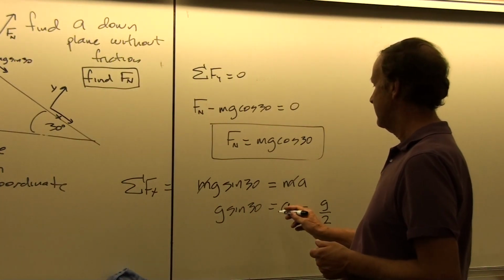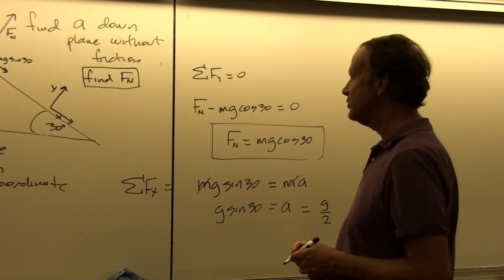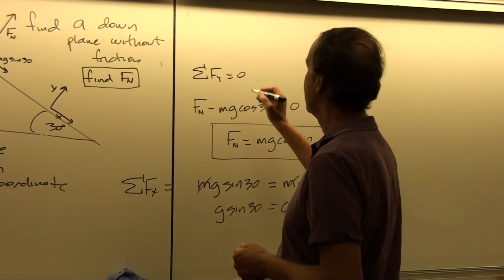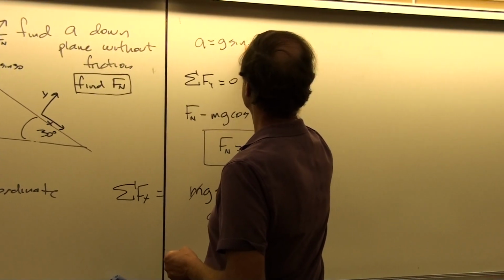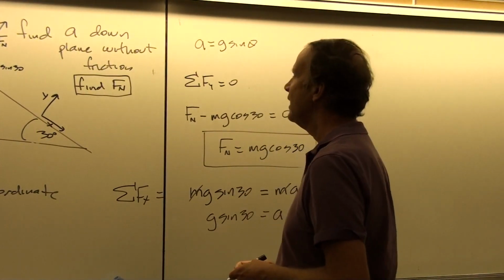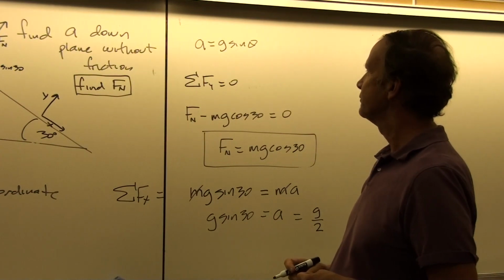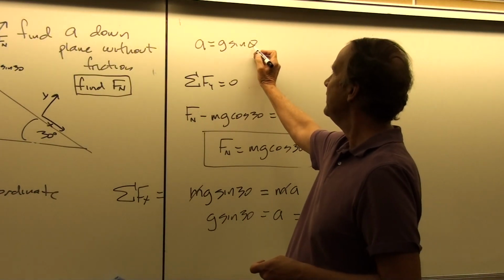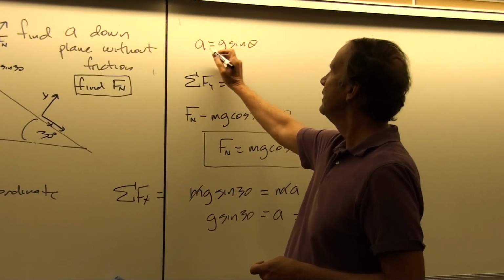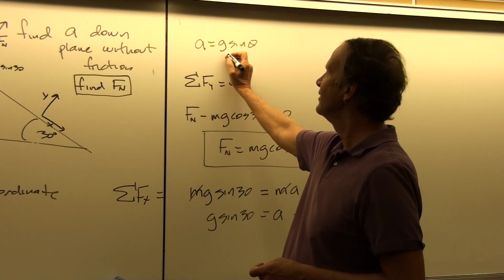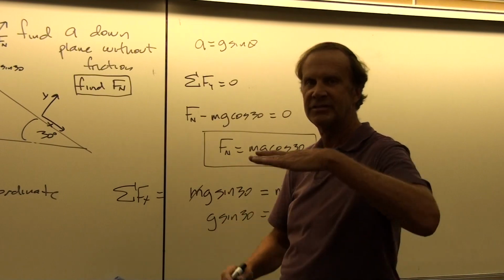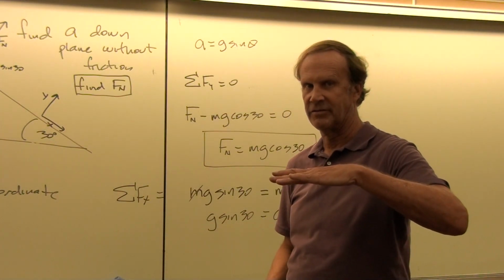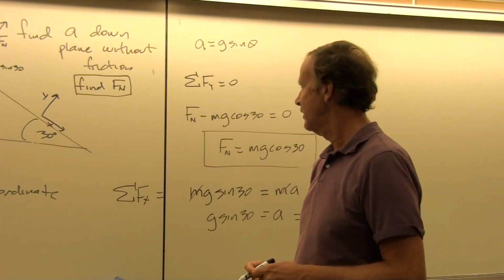And so that's our general description for the acceleration due to gravity down an incline: g times the sine of the angle of inclination. If the angle is 90, then this would be 1, and the acceleration would be the acceleration due to gravity. But if theta is 0, then this would be 0 because it's just sitting on a horizontal level surface. So that one also works out.